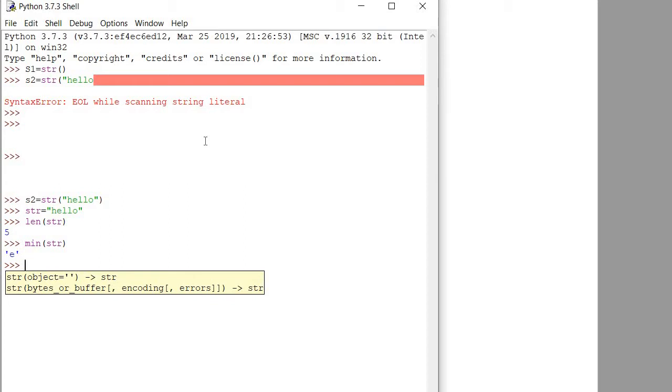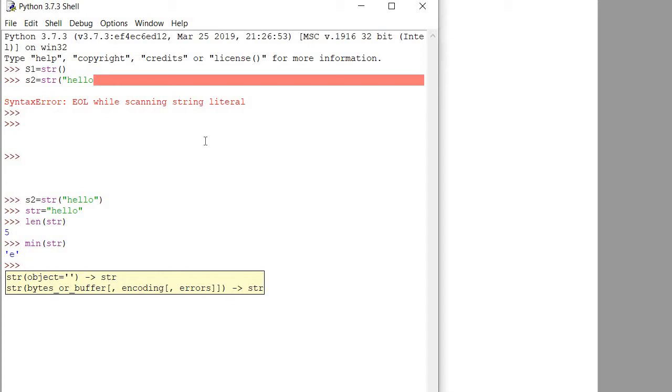Because the ASCII value of e is less than the other characters present in hello. If you count a b c e, e will come before. And the ASCII value of e is much lesser than h l l o.